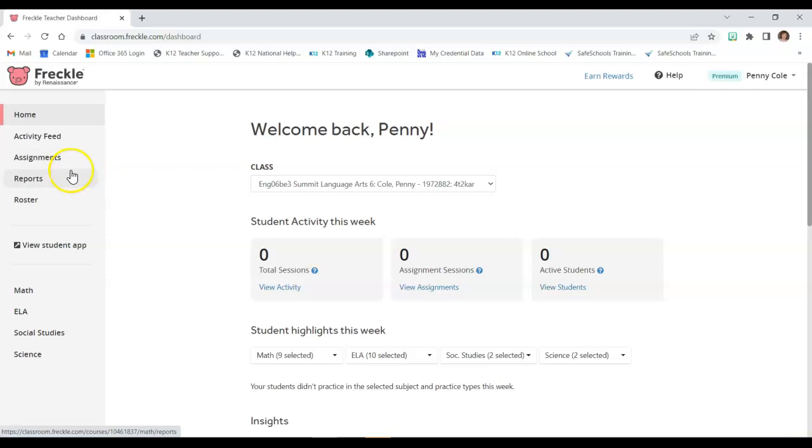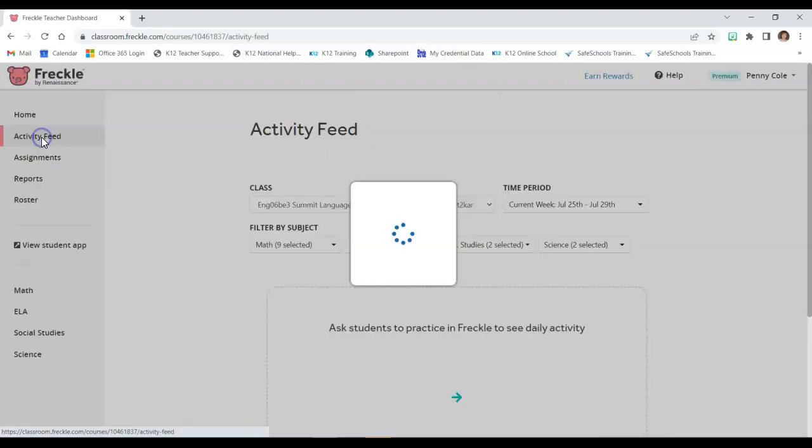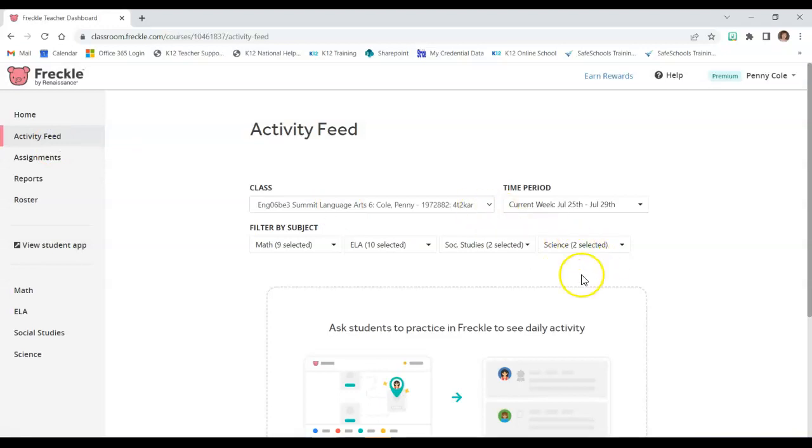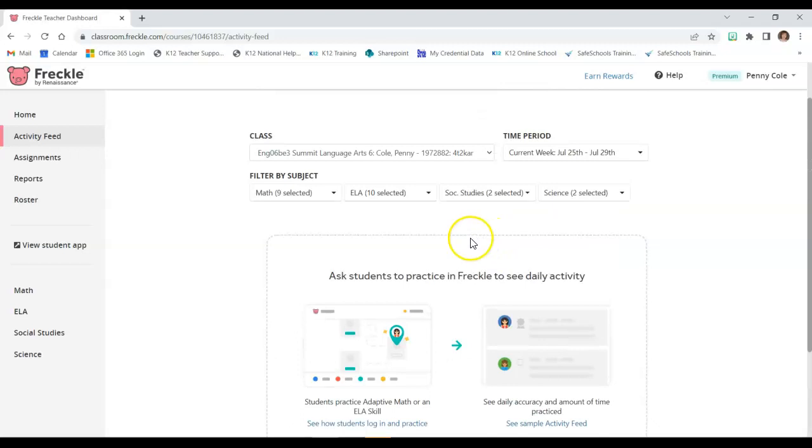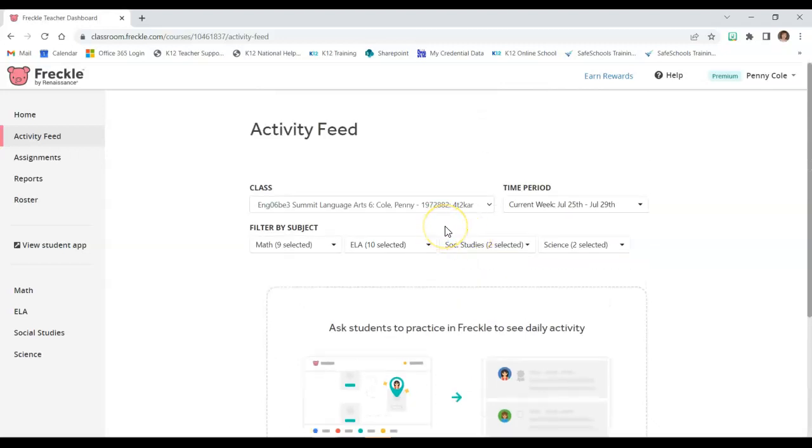What I'm going to be looking for, if I'm looking for how much students are using, is my activity feed. Obviously there's nothing because students haven't been using it. But right now I'm going to show you